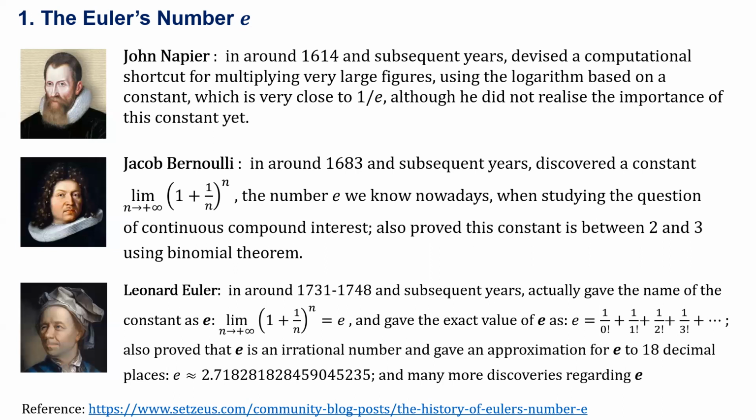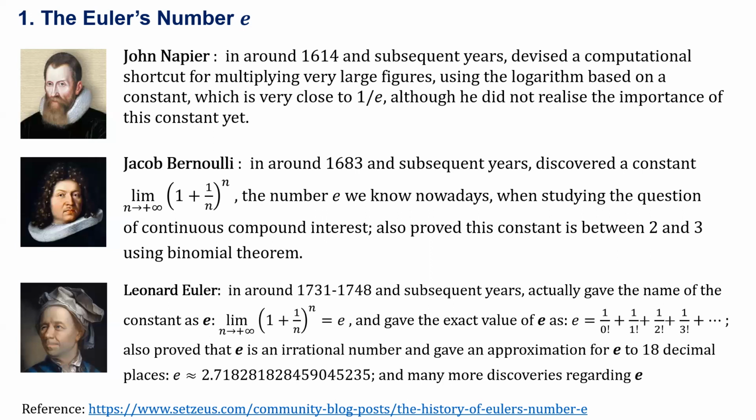After that, Jacob Bernoulli in around 1683 and subsequent years discovered a constant which is denoted as the limit of 1 plus the reciprocal of n to the power of n as n approaches positive infinity. The number E we know nowadays is actually this expression here. When he was studying the question of continuous compound interest, he also proved this constant is between 2 and 3 using